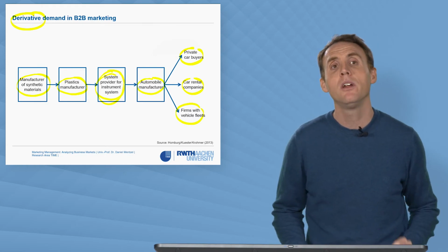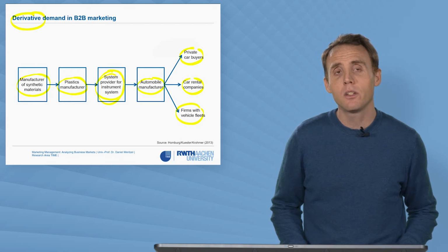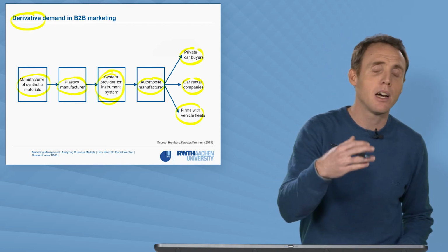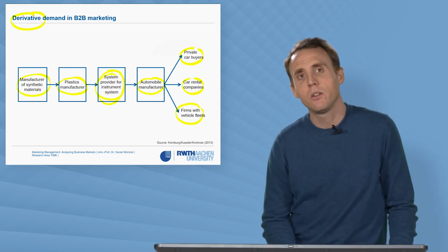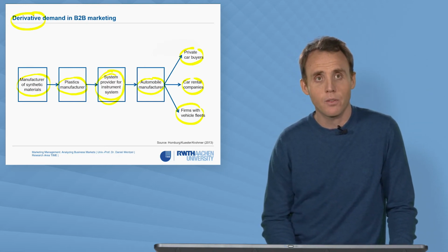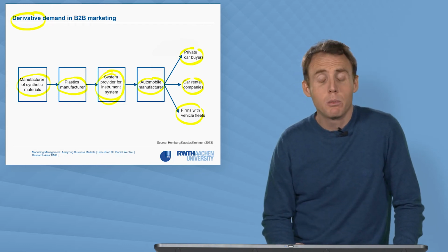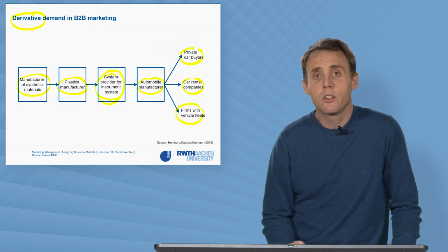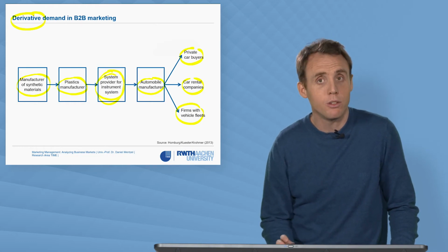That's point number one. Point number two is equally important: changes in the markets are typically handed down the entire value chain. Let's go back to cars and stick with the car example. One common concern when people buy cars is that cars just consume too much fuel. So cars need to become more efficient.